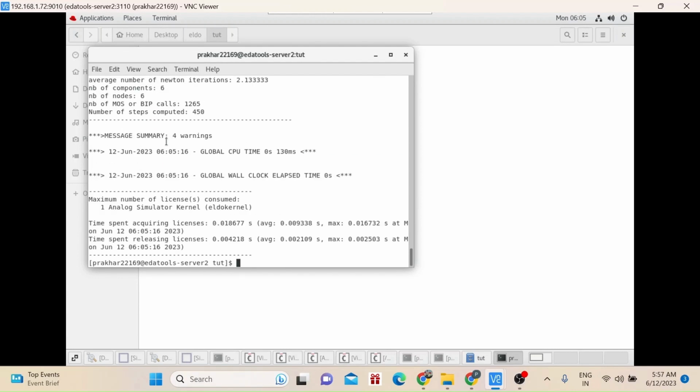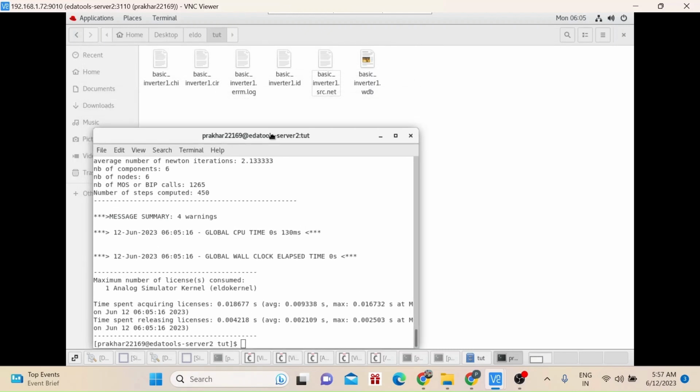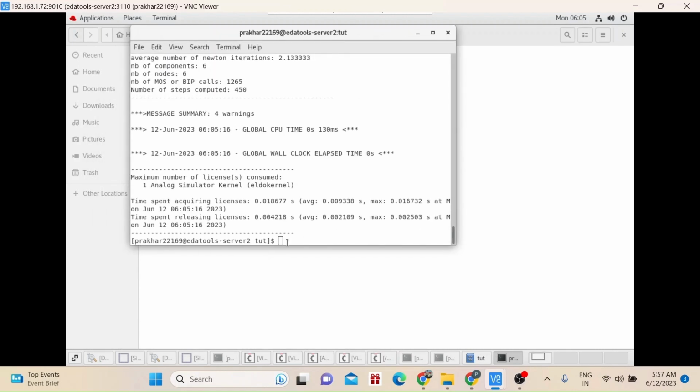Now I want to see those results in a graphical way. When I run this, one file is created, basic inverter 1.wdb. With the help of this WDB file, we will generate our graphical waveform results. So I write EZ wave basic inverter 1.wdb, and then enter.